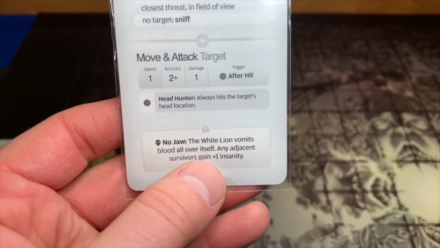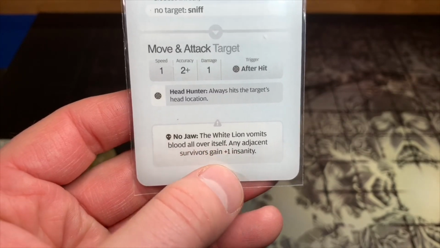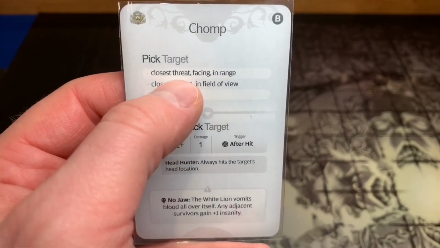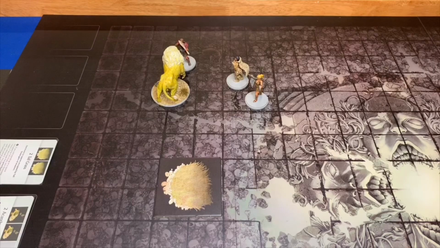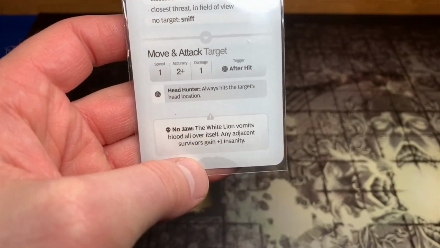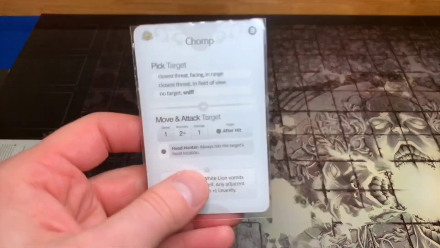It says here, no jaw. The white lion vomits blood all over itself. Any adjacent survivor gains +1 insanity. All right, but I believe it still moves. So closest threat facing in range. So I believe he's still going to move. 1, 2, 3, 4, 5, right up to there. Now I think about it, I probably should have put her here so she could surge and attack him. That was brilliant. All right, but since he has no jaw, he's just going to give this person +1 insanity,